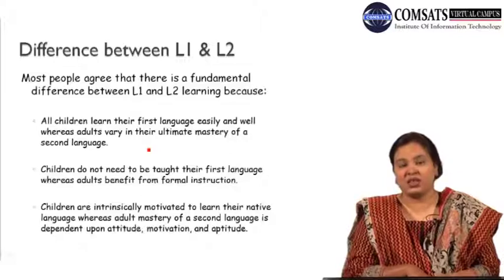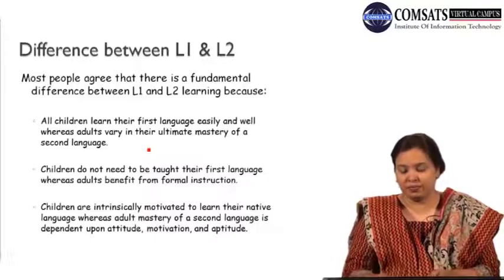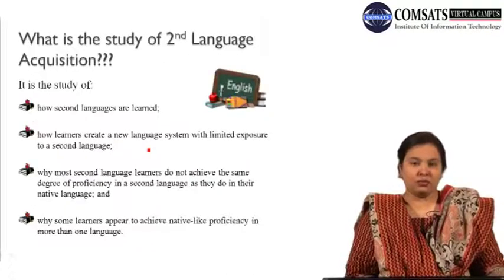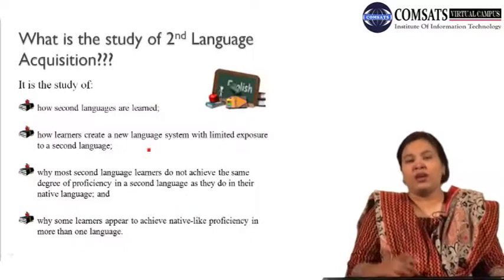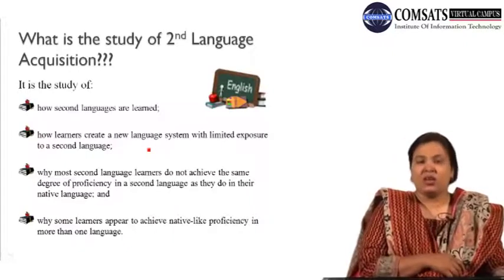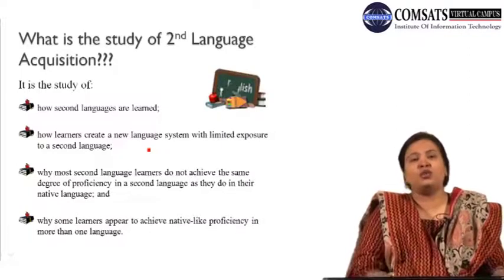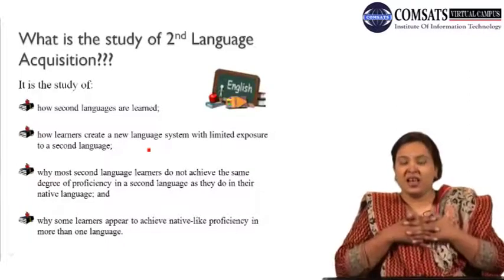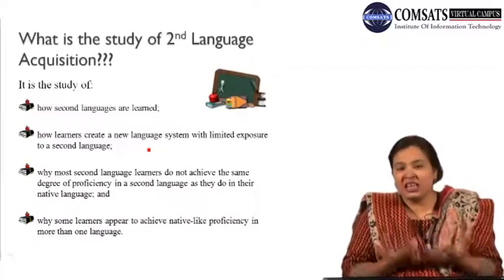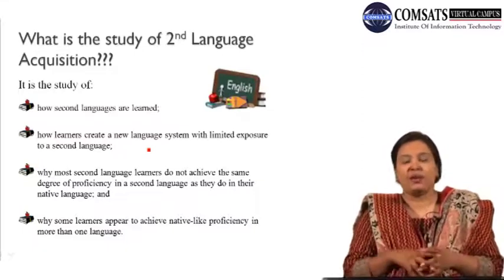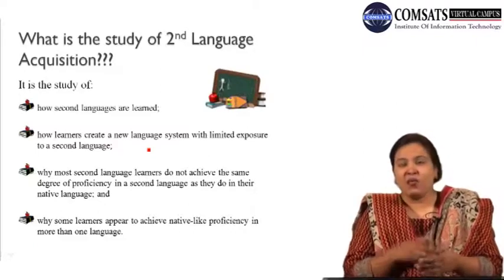Whereas the first language learners do not have these issues at all. In my native language, when I was acquiring my first language, I got mastery of it. When I tried to learn my second language in schools, I faced a lot of difficulties, and I was still unable to get that proficiency. Even at this level, I feel at ease and relaxed while communicating in my native language rather than any other language.